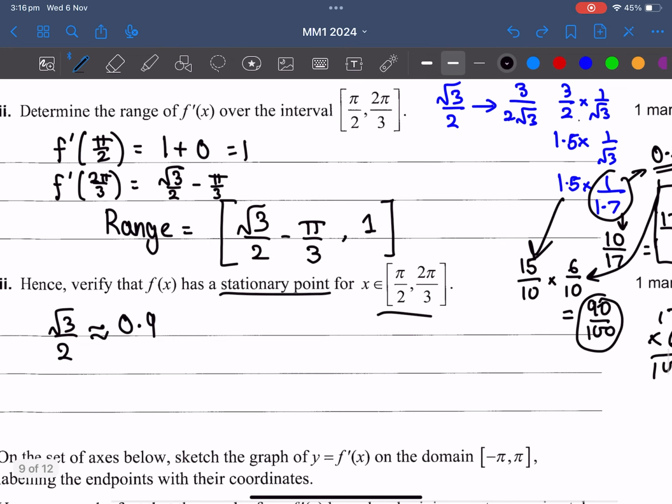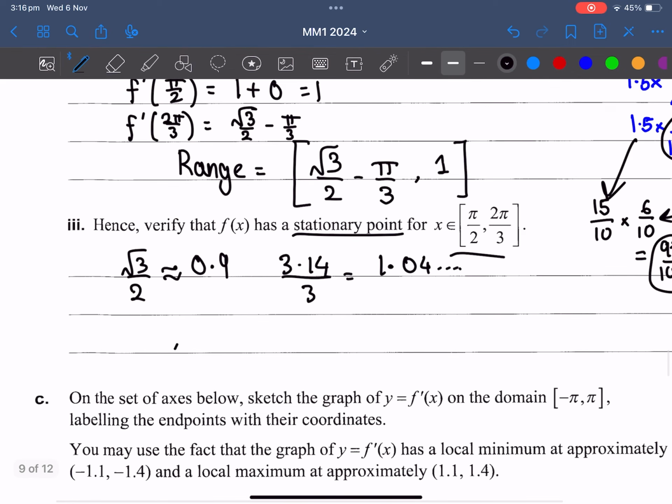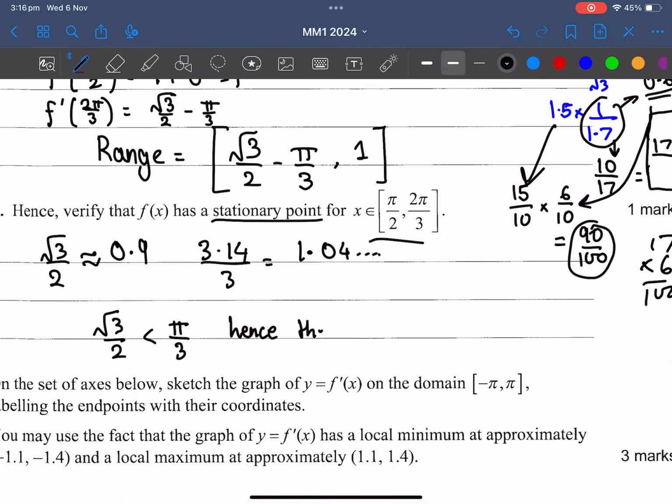Okay. Now, we do the same thing for pi on 3. If pi on 3 is greater than 0.9, which it is, because pi is 3.14, divided by 3 is definitely going to give us 1.04 something. So from this we can determine that root 3 on 2 is going to be less than pi on 3, and hence there will be a point